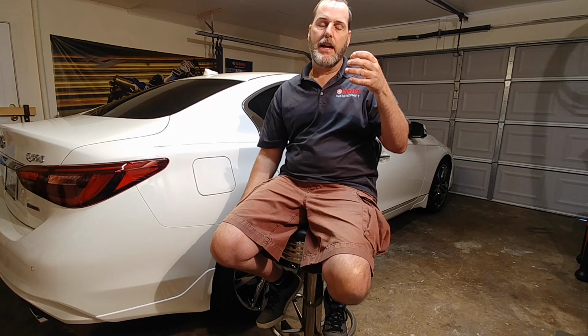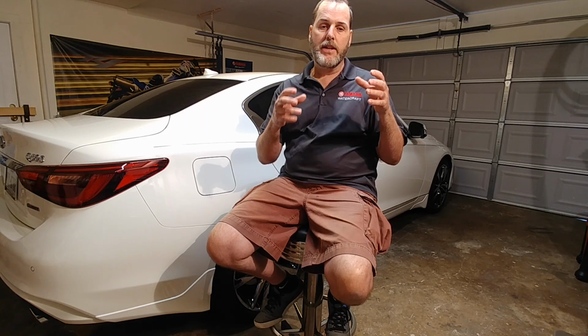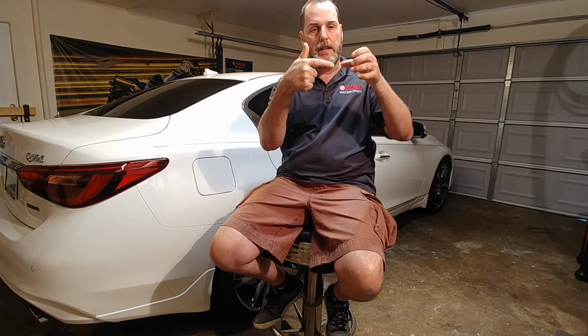And I'll demonstrate that here, hopefully with something that I thought might be a good demonstration. It made sense to me, so it may make sense to you or it may not. That's where you're getting wheel hop. I wish I had something to illustrate better. I'm just going to have my finger as the drive shaft going to the rear differential. As the differential loads up, as it moves, as you're applying torque, it's taking some of that torque and turning that into that movement, and then it loads up, and then it releases it, and so you're getting that wheel hop when the tires